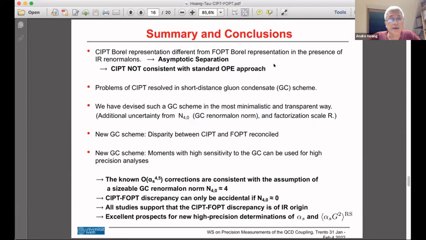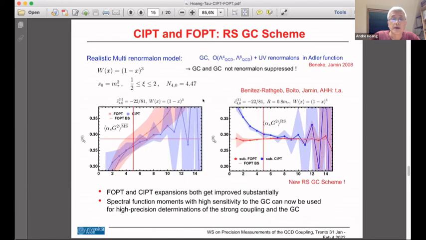And the difference, if there are infrared renormalons, I can calculate the difference, which is the asymptotic separation. The separation, the discrepancy between CIPT and FOPT, if you just use it in the usual way. The problems of CIPT can be resolved if you are subtracting the gluon condensate renormalon. So everything we observe here seems to be consistent with the fact that this norm is maybe even really close